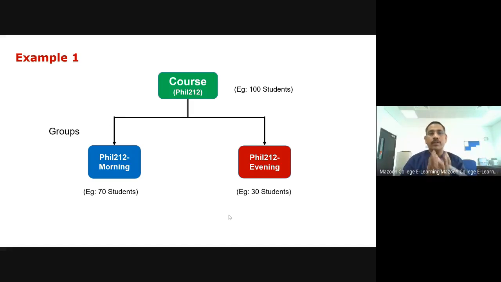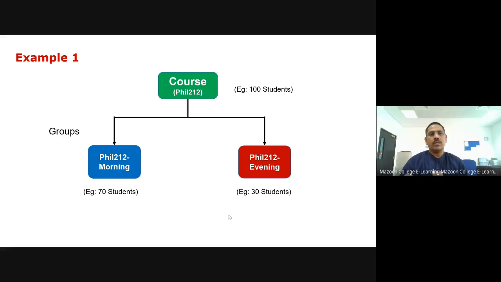We are going to divide virtually in Moodle. After that, we manage the morning students separately and the evening students separately. If you are giving an activity and you would like it to be common for two batches, two groups, you can give it. Or if the activity is only for the morning students, you can give access to them. Or if you want to give it only to your evening students, you give it to them, so you can manage easily. This activity belongs to this group, this activity belongs to that group, or one is common for both groups.